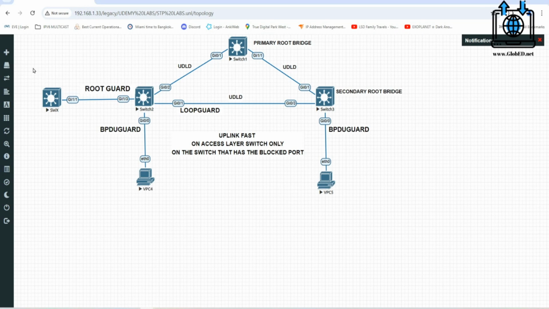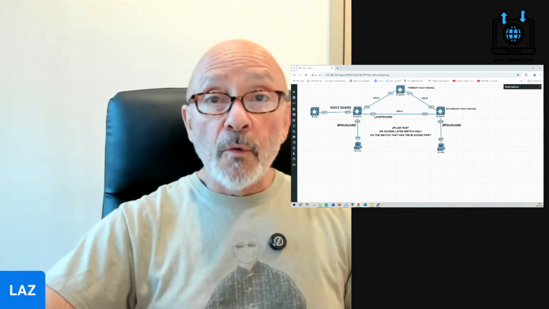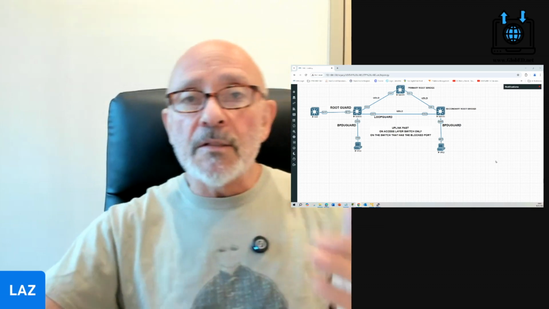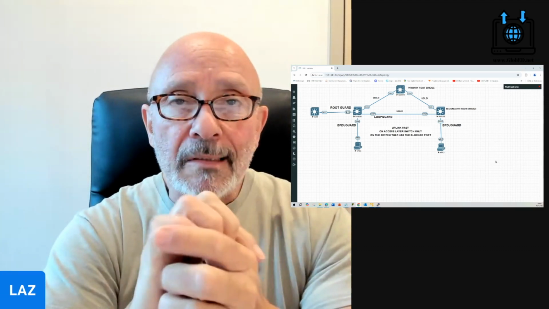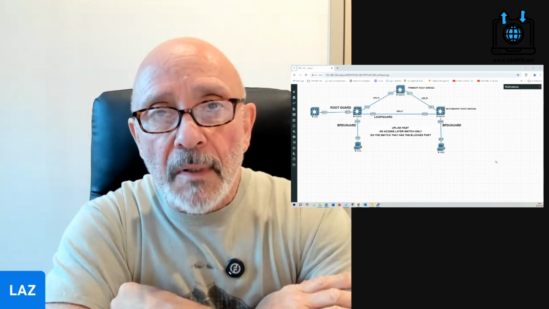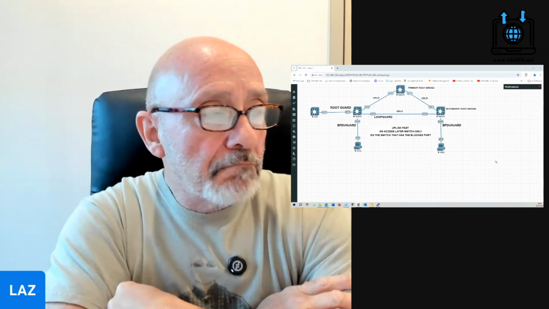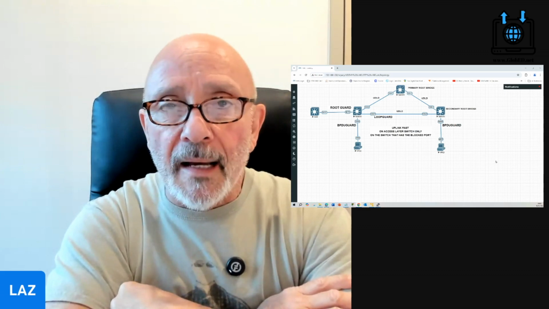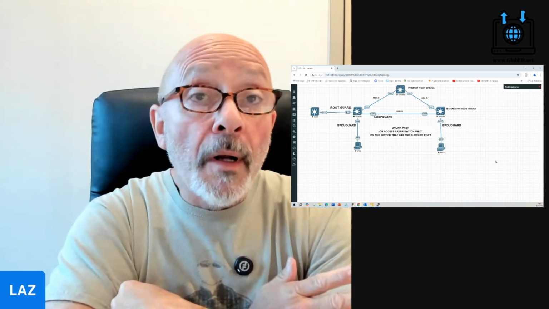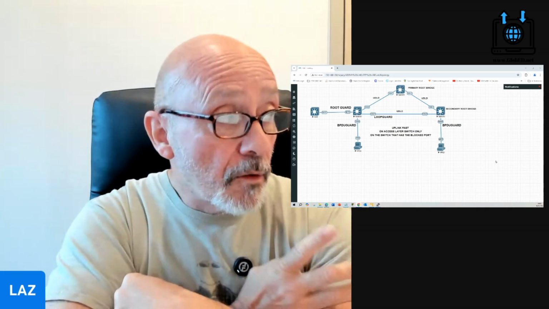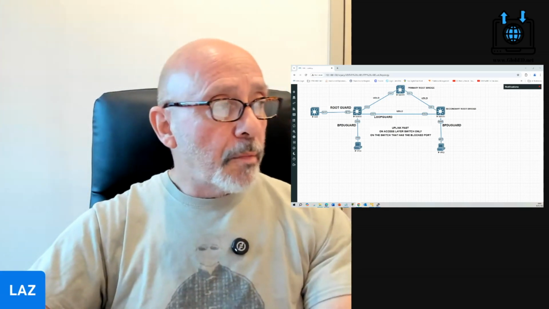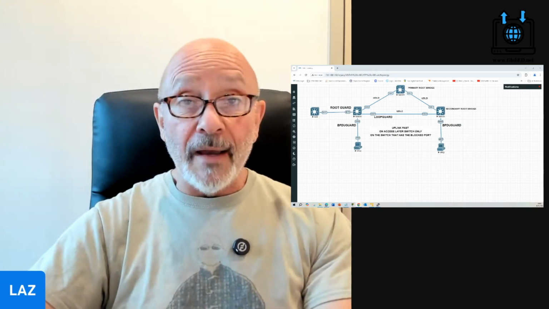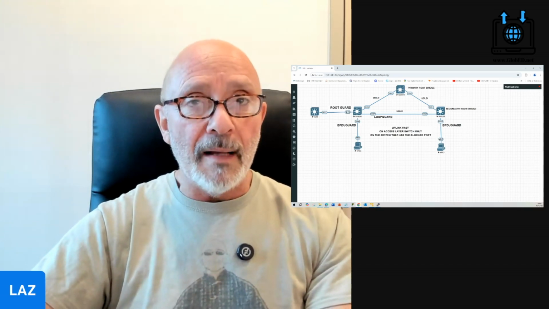The reason I have this switch here is that people just buy switches and plug them in, and they just don't care what's going to happen. And you create loops. The whole point of Spanning Tree is to prevent loops. That's why you see the different root guards and loop guards and all these things. Uplink fast, we'll talk a little bit about it.